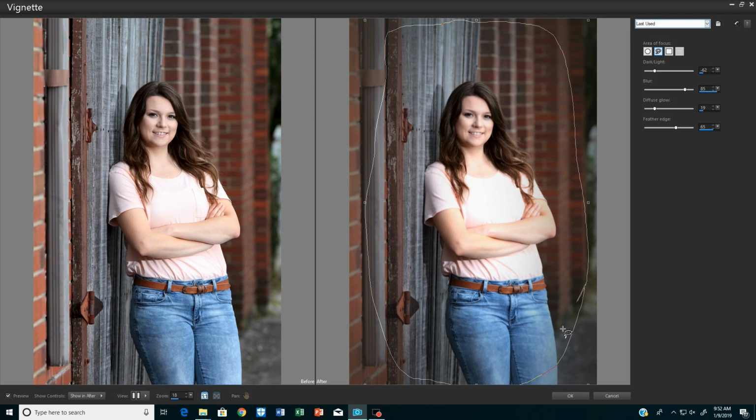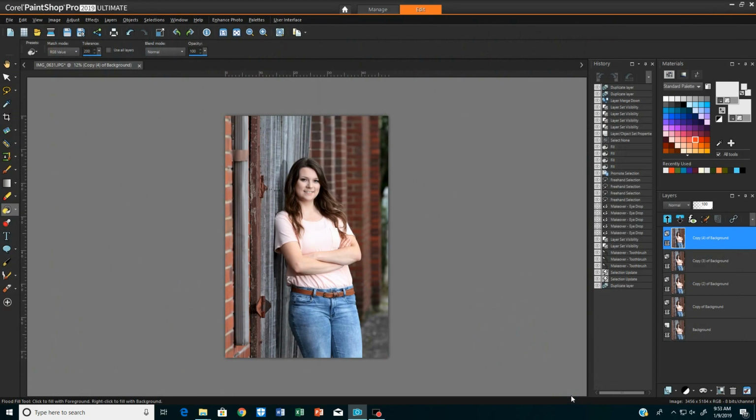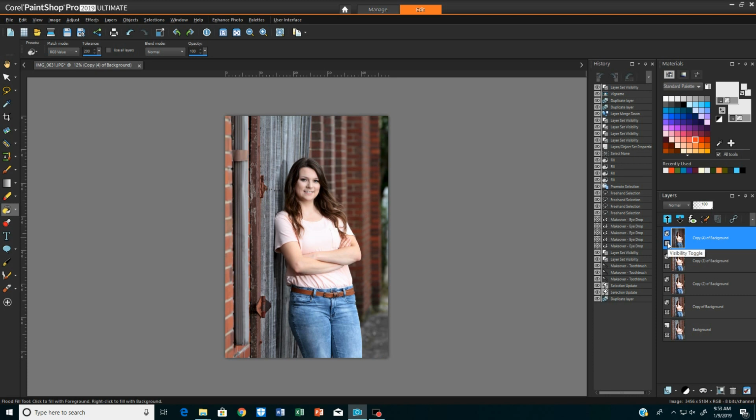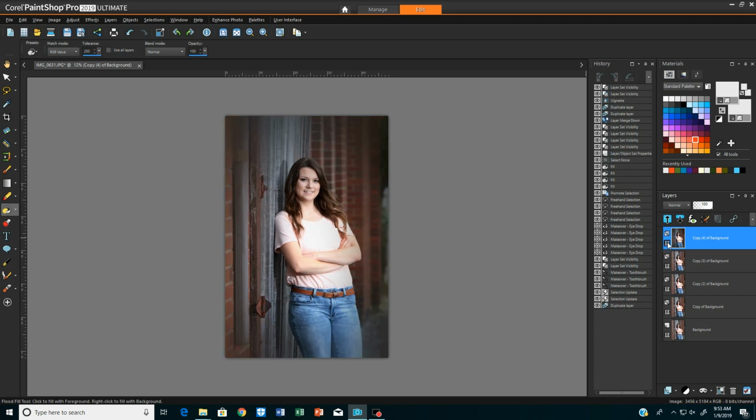So let's draw. I'm going to left click and just draw around Annie. I'm going to draw my own little vignette, and this won't be so sharp on the image. And after I get it, I click OK. Now you see it went over the image, but what it also did, you see it blurred Annie. Let me go back to the layer, and I'm going to toggle it off and on. There's the image we had before. There's Annie the second time.